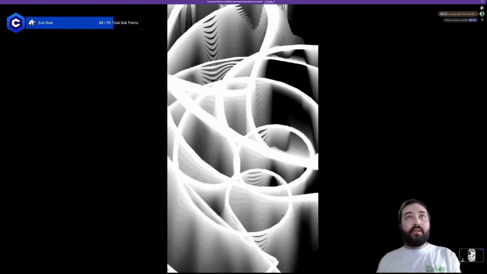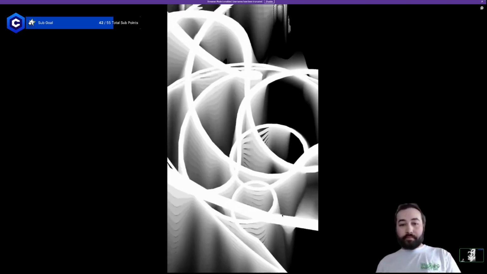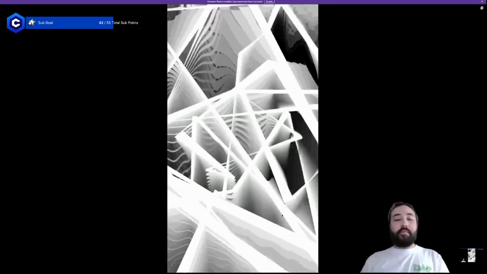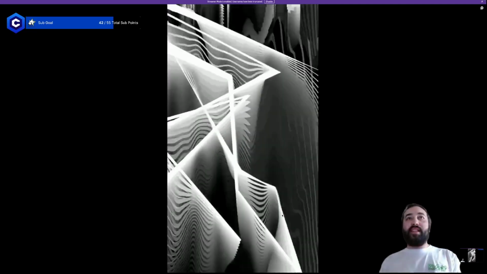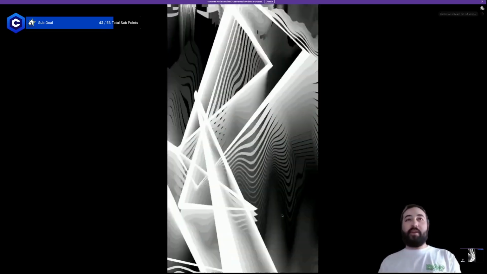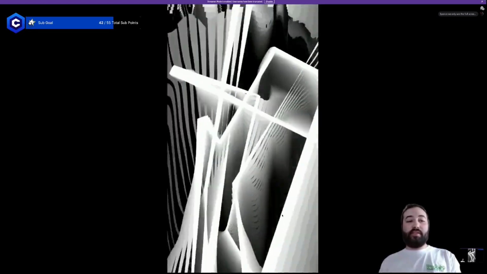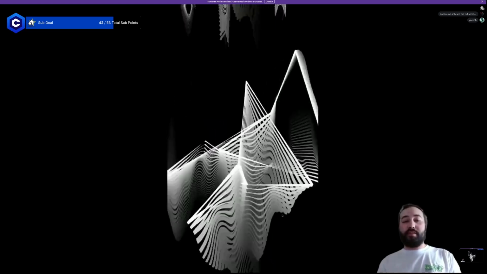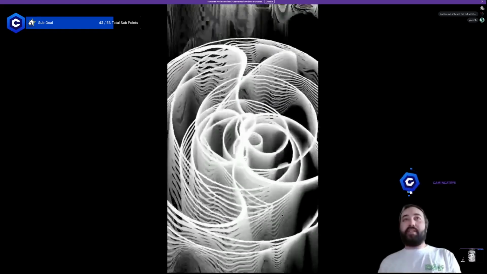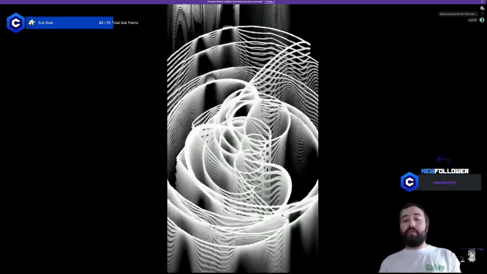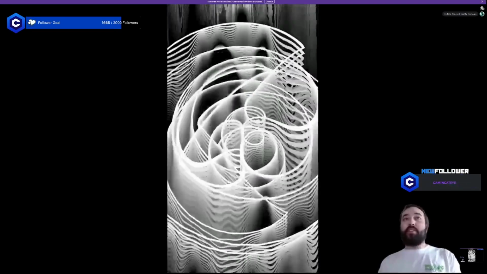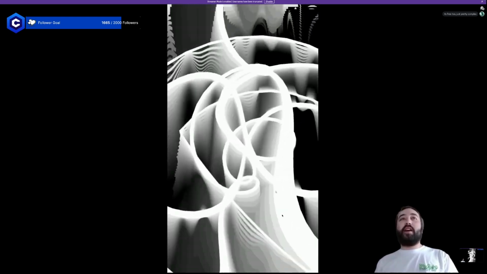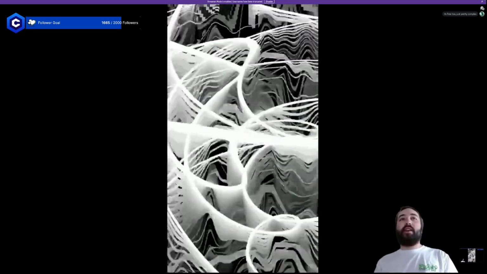We have a question in the chat that said, have you ever attempted to use geometry nodes in Blender to recreate something like this? I haven't, but from what I've seen from other people using it, it's extremely powerful as well, and I would highly recommend getting into that because it looks really cool. So yeah, geometry nodes look amazing. Definitely very interesting to me, and I'll definitely try to do that. I think there's certain things you could probably do that are even harder to do in Notch with geometry nodes, and there's certain things that are much easier to do in Notch than geometry nodes. So it kind of depends.